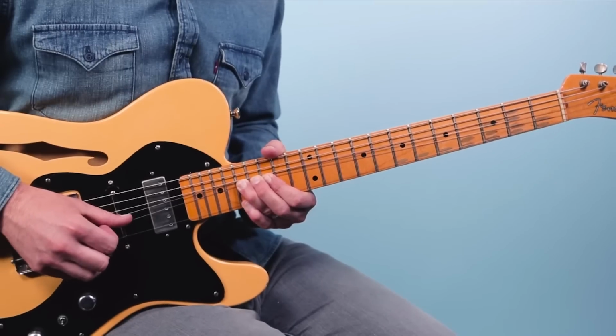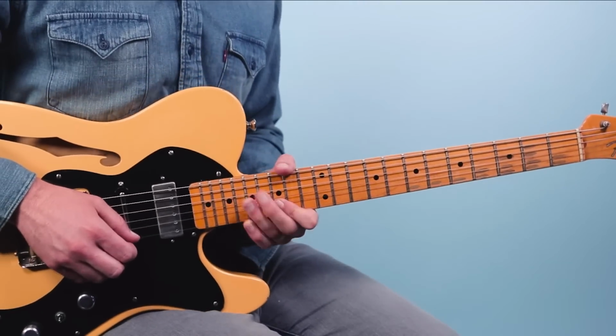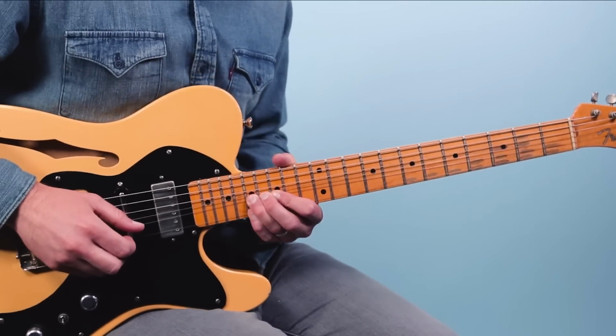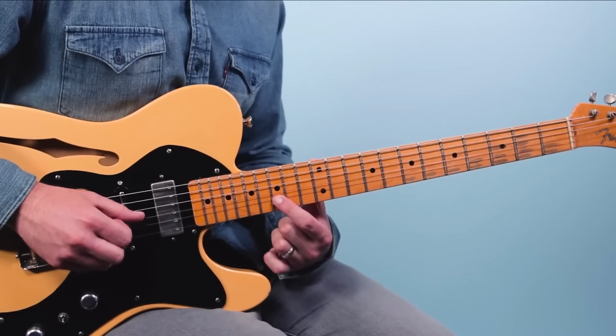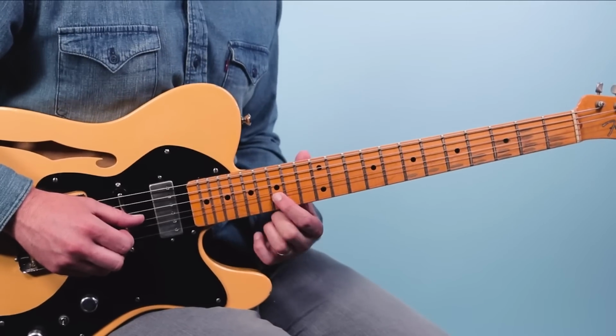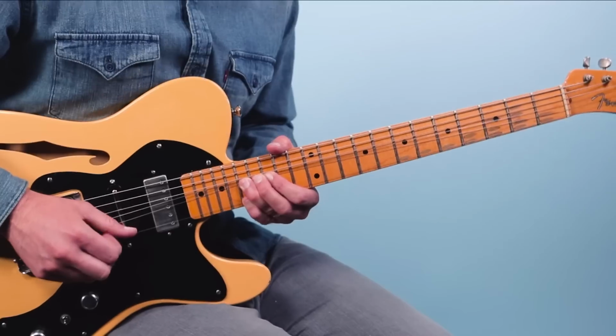So I go, and then after you pluck it, you release it down. So it's bent before you pluck it, and then you bring it down like this. Then we're gonna finish on the 15th fret of the second string, back to that root note. So,